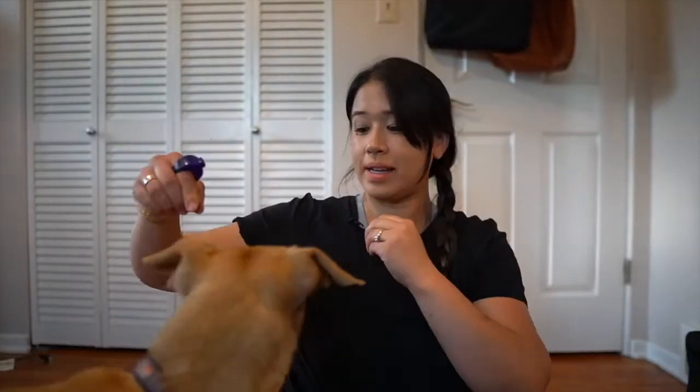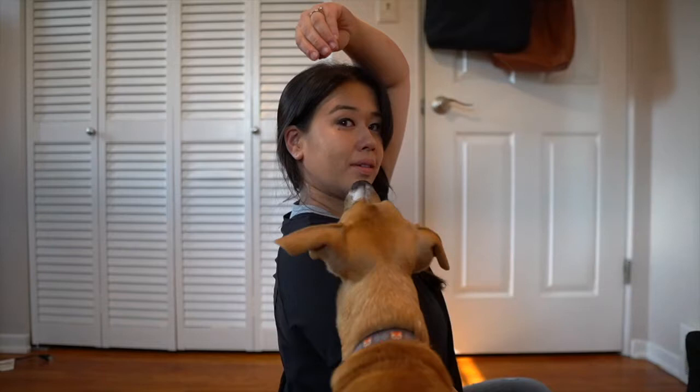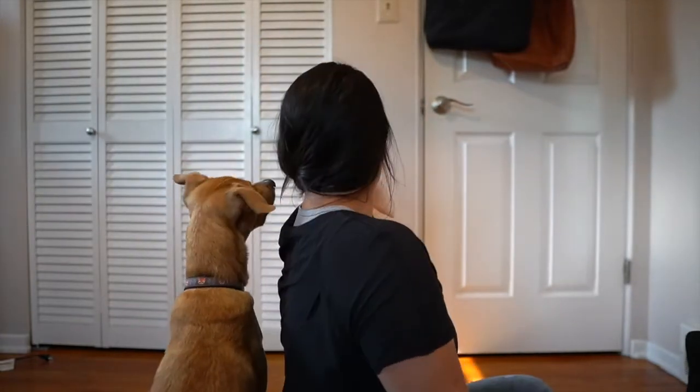It does take a little bit of flexibility. If you feel like you're not that flexible, you can always try bringing right hand, left hand, and then click. But if you are flexible, you can always just do this, and it'll be easier with a bigger dog as well. So I'm just gonna keep reinforcing him for coming behind me. Here's what that looks like from the side. So I have my treat, lure, lure, lure. And at first I'm kind of taking what I can get, so it looks very distant from the final version of it,